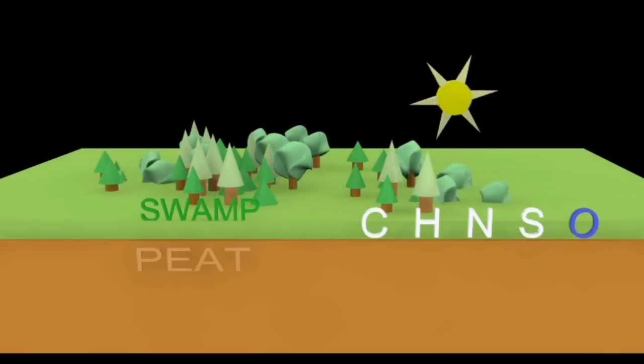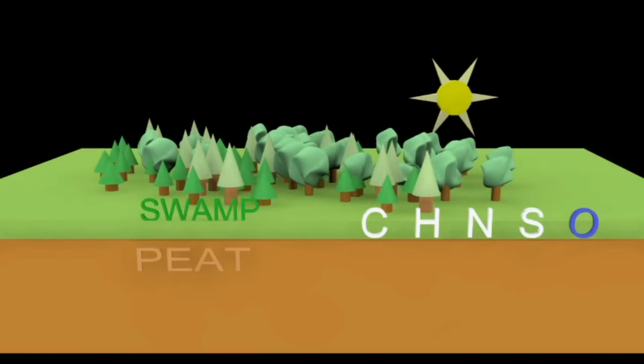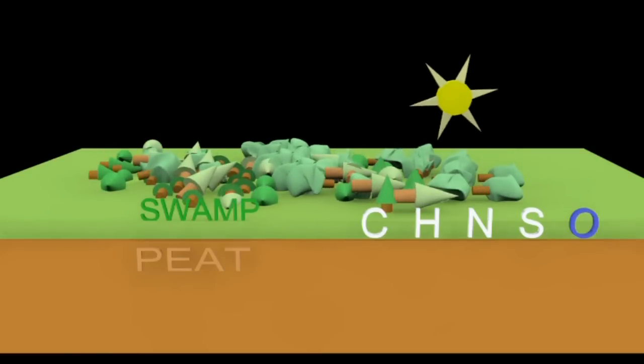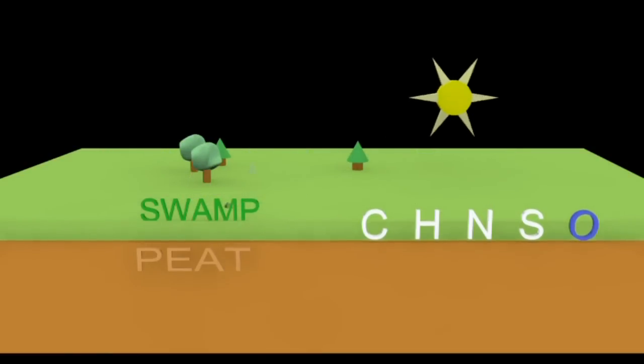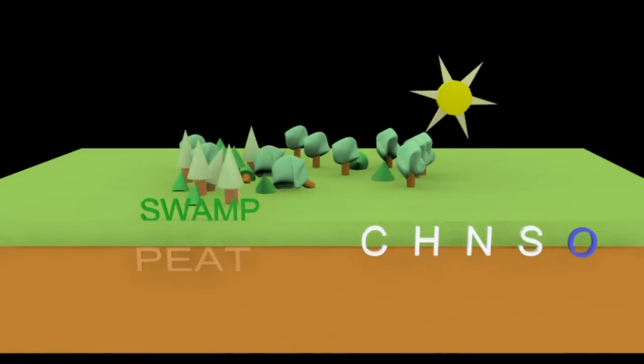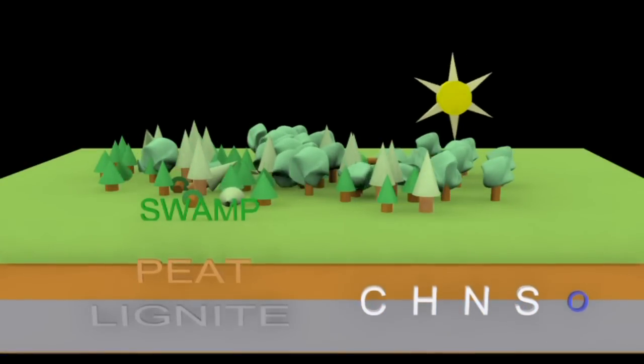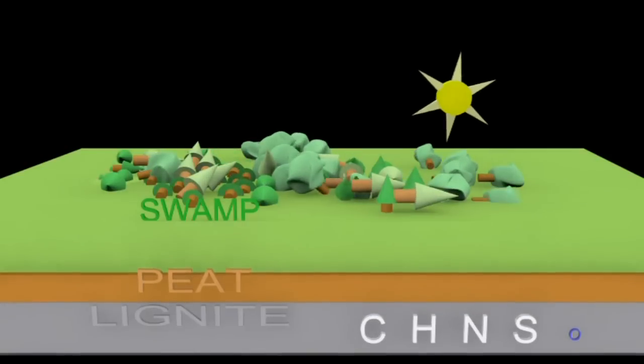So let's deal with the formation of coal first of all. Notice how ancient sunlight allowed the trees to grow in swamps and forests. And the plants, the trees, are essentially carbon, hydrogen, nitrogen, sulfur and oxygen. But as they died and were compressed under the weight of other dead trees and sediments, the amount of oxygen decreases because the heat and the pressure and the time produced a reducing environment, less oxygen.